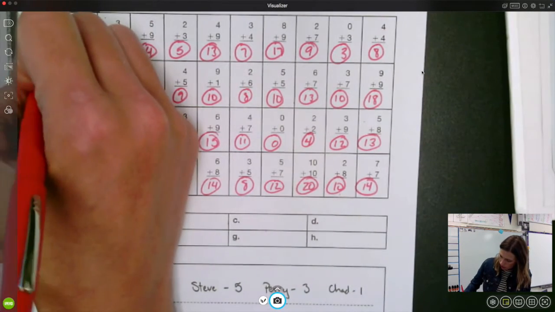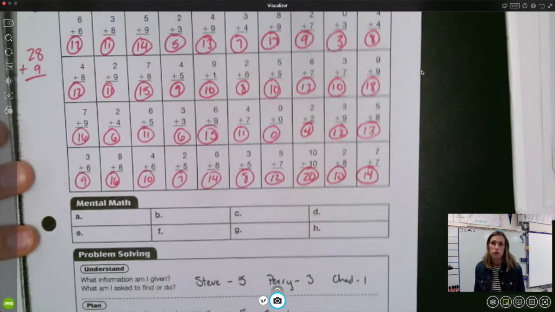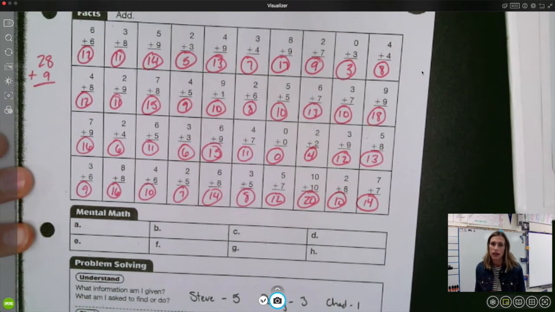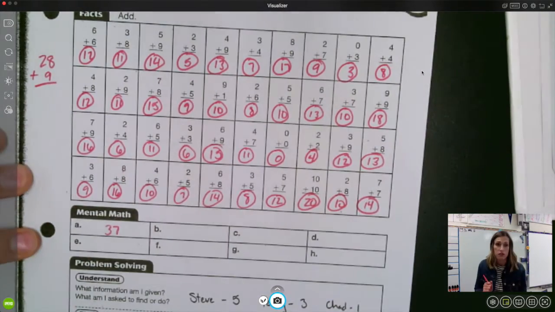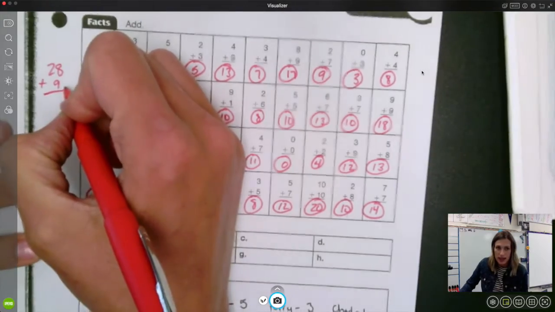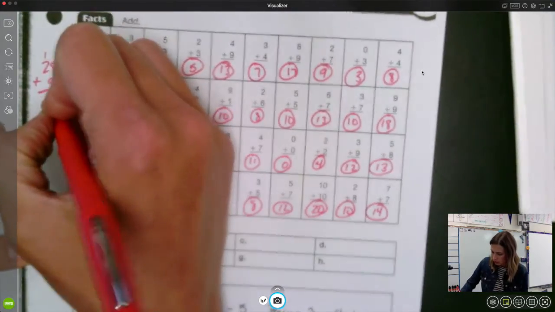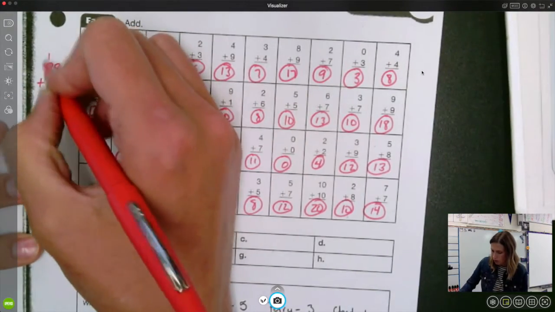A, 28 plus 9. Now you got two options. For me, it's really easy to do plus 10 minus 1. So I'm thinking 28 plus 10 is 38, minus 1 is 37. You can also write it out. 8 plus 9 is 17. 1 goes up, 7 goes down. 1 plus 2 is